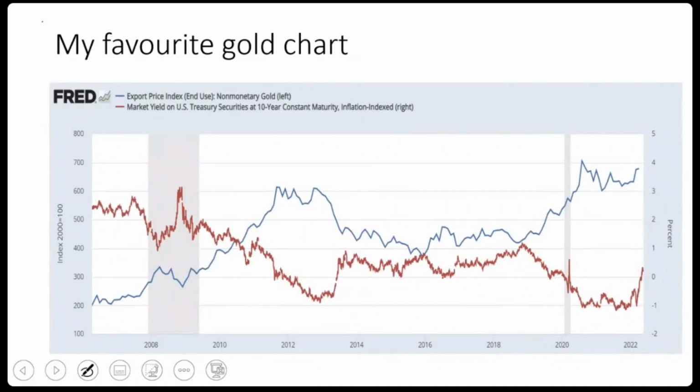Okay, so if you look at this chart, and if I draw just something like this, it looks like the red line, because when this goes up, this comes down. When this comes down, this goes up. As you can see, it's a mirror image. Okay, what are these two lines? It's again taken from FRED. FRED unfortunately doesn't provide us spot gold prices, so I've taken a proxy for spot gold prices using this particular one, and I've seen the pattern. It looks more or less like gold prices.